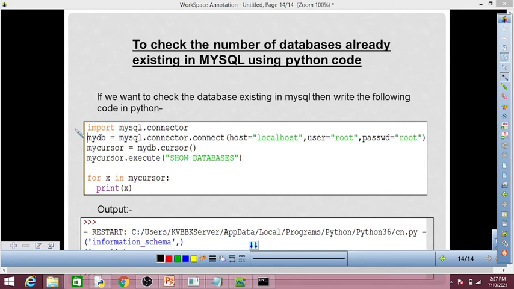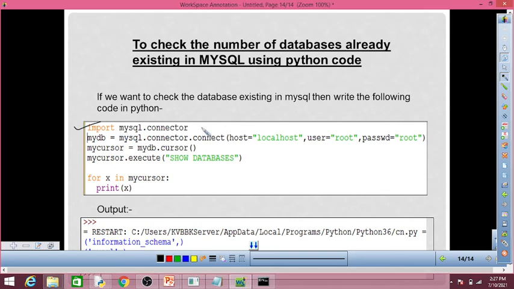So you check this. This is the first line: import mysql.connector. Then mysql.connector.connect, host equal to localhost, user equal to root, password equal to root, and this is the cursor object. Execute this command, mycursor.execute show databases. When this command is executed, it will give you all the databases existing in MySQL.